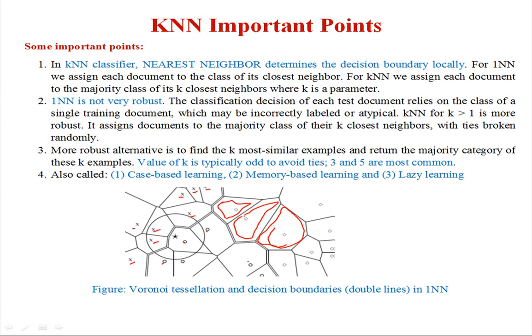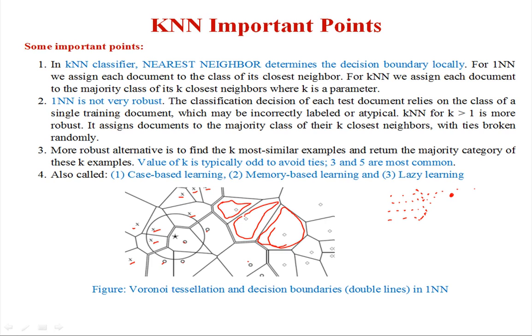But one nearest neighbor is not very robust. It is very prone to noise related errors. For example, suppose this is a class. This is a properly defined class. Now these are the noisy points. Now suppose we put one point here, then based on the nearest neighbor,